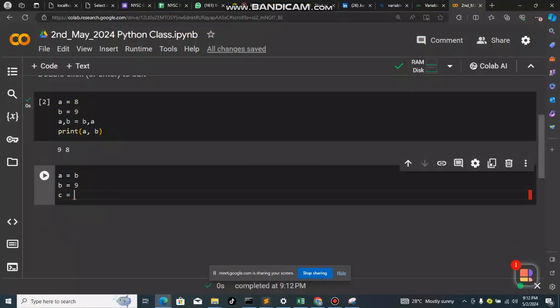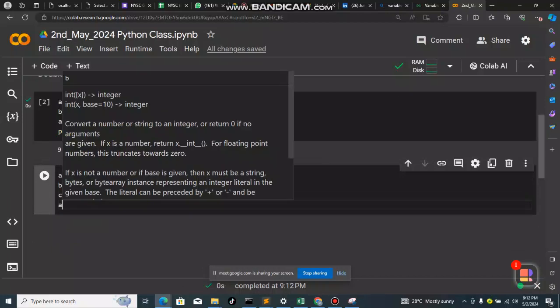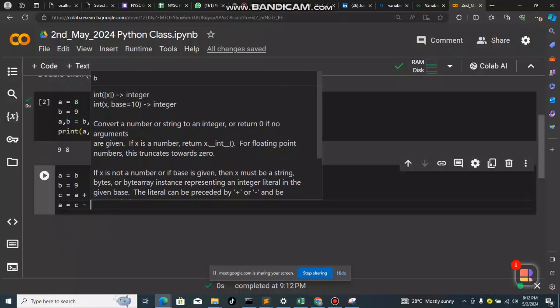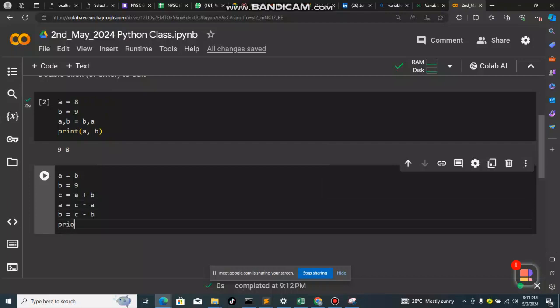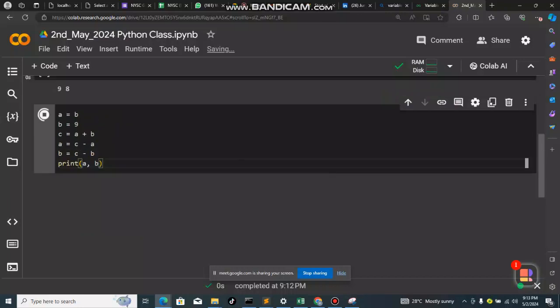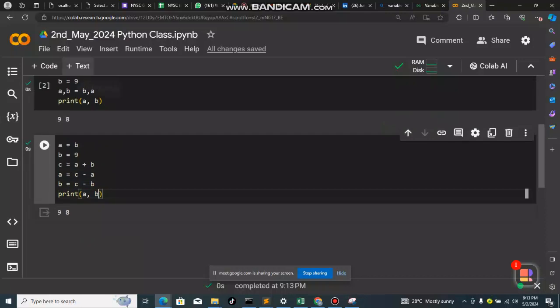I can say C is equal to A plus B, and I can say A is equal to C minus A, and B is equal to C minus B. Now if I just print out A comma B, the result of A comma B is 9 and 8. Oh, I think I made a mistake. This is supposed to be 8,